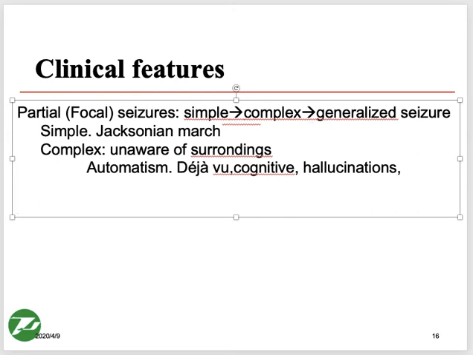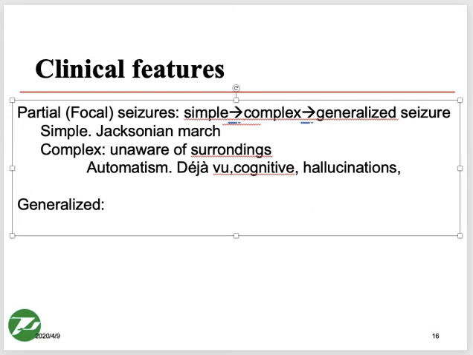And the other one which I talked about is the generalized one, right? In generalized seizure, what I told you, generalized can be convulsive and non-convulsive. And the non-convulsive one is which one? Absence seizure, right? What is the other name of absence seizure? It is also called petit mal. And this one, absence seizure, is usually seen in children.